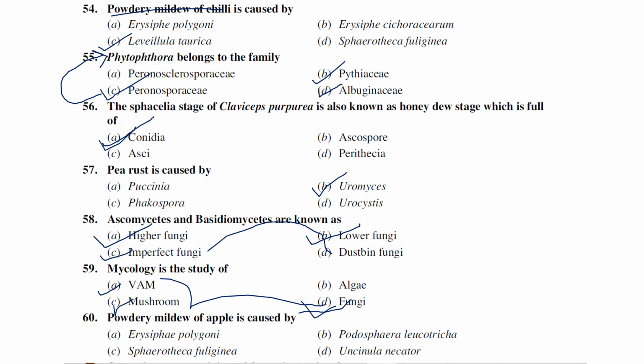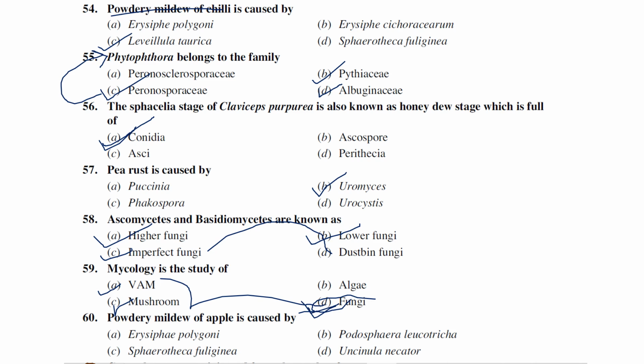Of course, the general definition of mycology is the study of mushrooms, or generally we call it the study of fungi. Mushrooms are also fungi, and mushrooms were among the first organisms that evolved on the planet, right? Before, mushrooms were very giant, like very big trees. Nowadays we have very little mushrooms. So mycology is generally the study of fungi, mushrooms as well. But I will go with the answer D, fungi.